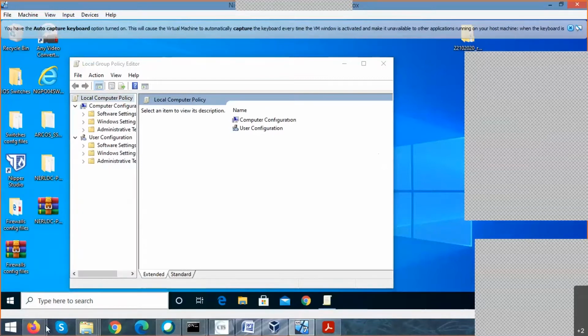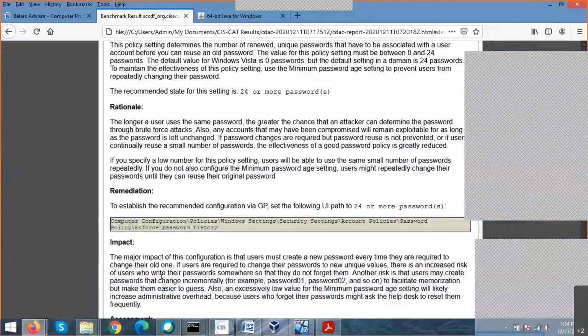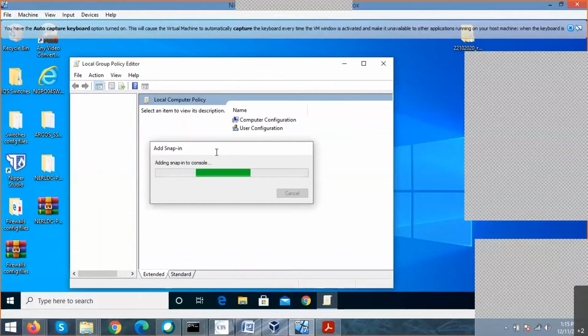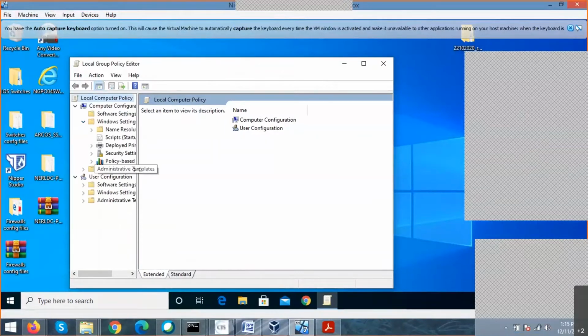So under the computer configuration, policies. I think this is, yeah.